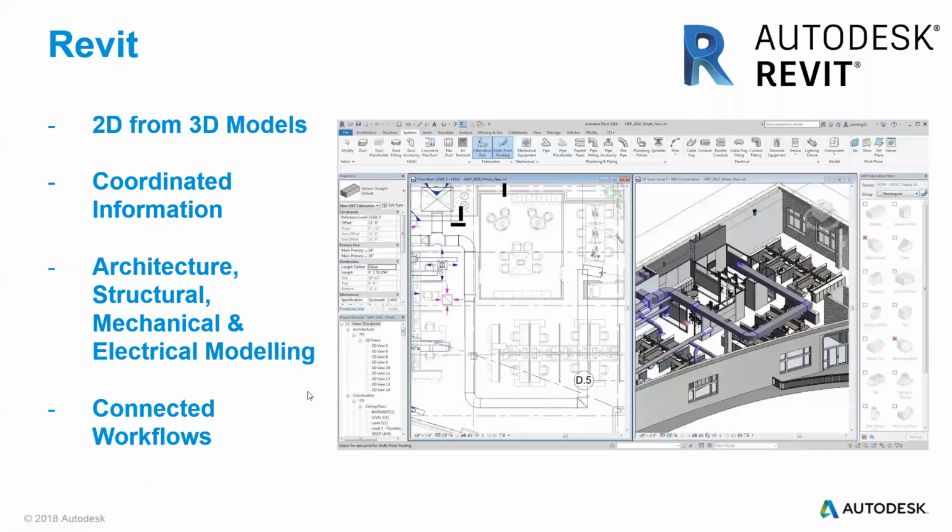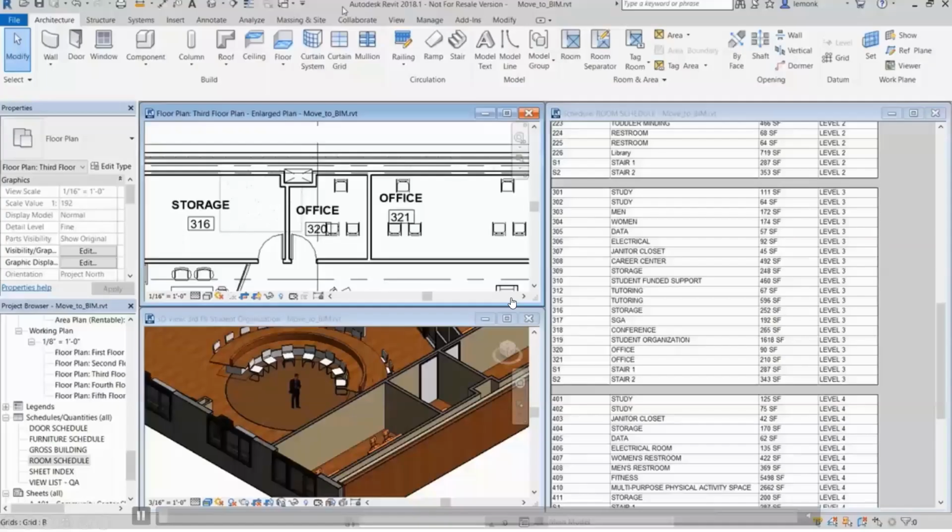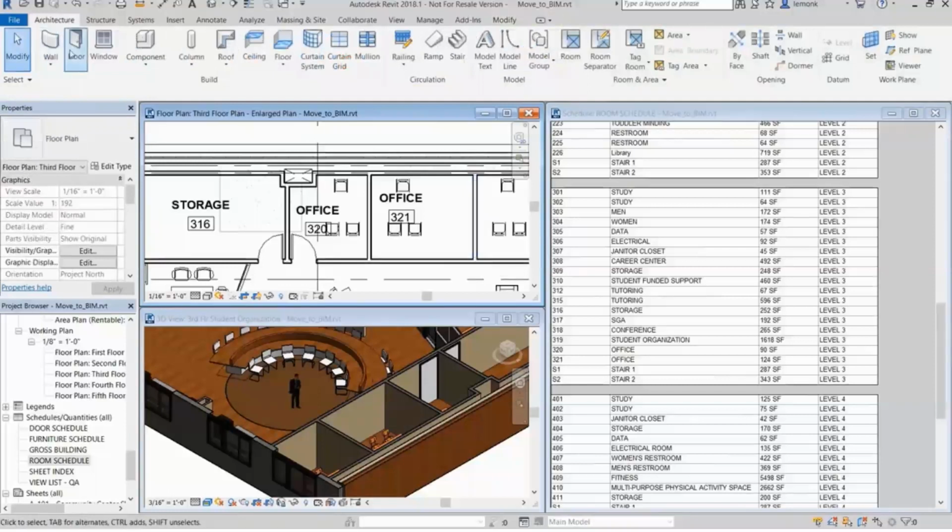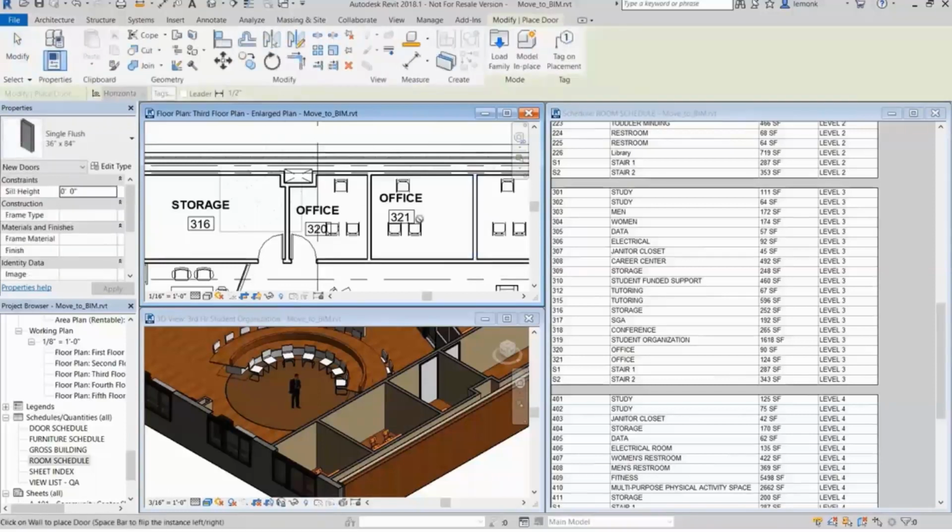Perfect. So just as we touched on Revit already, that is our primary BIM authoring tool. It allows you to produce 2D and 3D models. For those of you that mightn't be aware of Revit, I'm just going to show you a bit of a demo of it here. Basically, it allows you to model in 3D, and it also produces your 2D drawings as well. That's the base product within the AEC collection, a starting point to be able to create our BIM model,